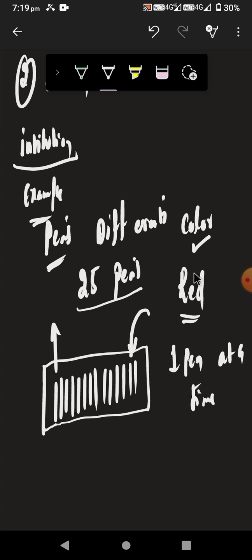Otherwise you throw that pen and pick another pen. You compare the first pen with red, no, you throw it. Next, the second pen, no, it is not red, you throw it. Third, it is not red, you throw it. You do that for all the 25 pens.